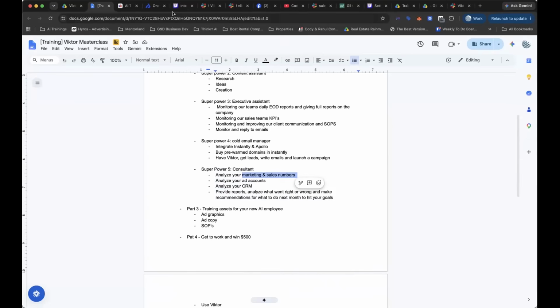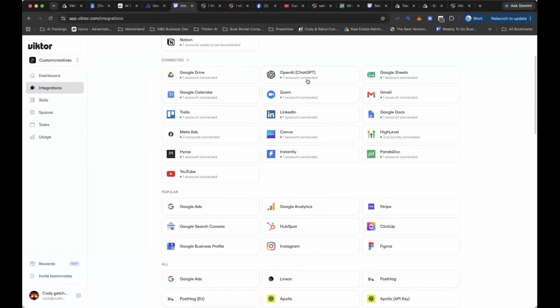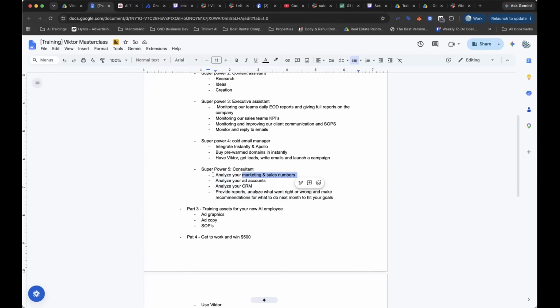But because it has access to your CRM, your Stripe accounts, your Meta accounts, whatever, you're able to get it to analyze those things, each individual campaign. I had it analyze one of our lead gen campaigns. I found this to be fascinating. I told it to go analyze one of our lead gen campaigns and cross reference it with GHL. And I did not tell it to do this, but what it took initiative on for this whole find-things-from-GHL part was that it went out and actually did that, but it found in there,